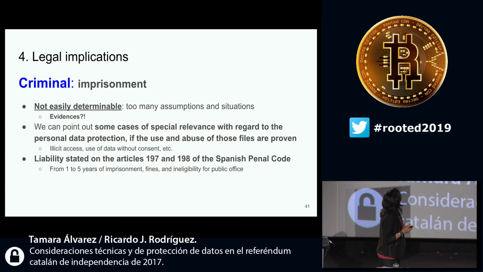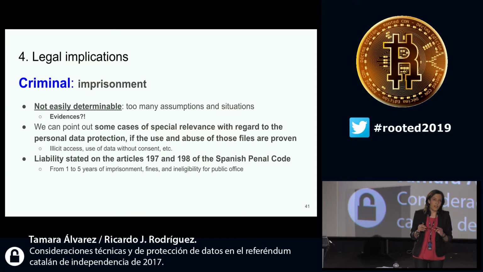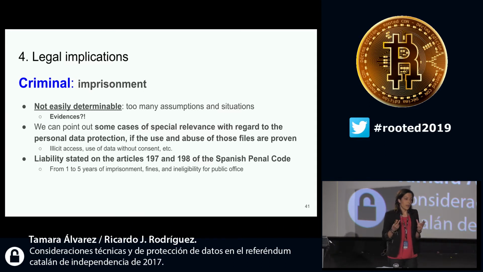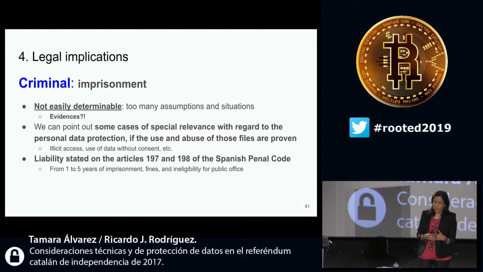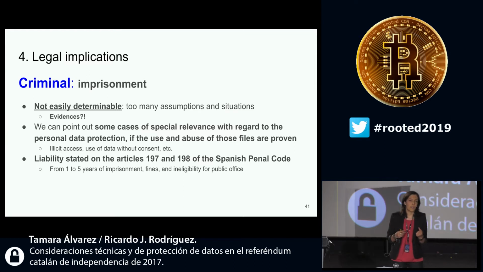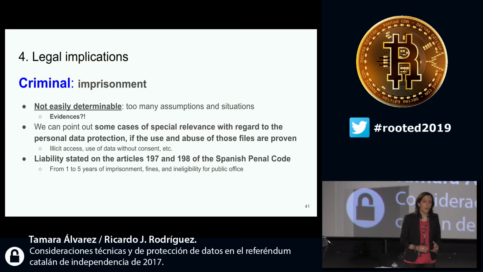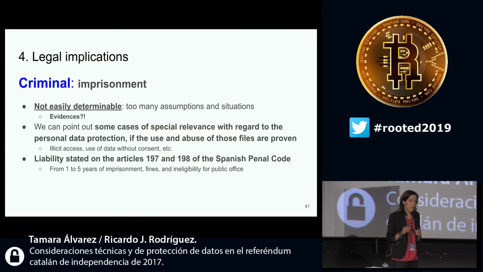I summarize this very quickly because we don't have time for more, but the legal implications, the criminal ones and the liabilities in this case are difficult to determine. Why? Because we have to take one person and analyze the responsibilities in an individual way, and with something very important, which is the evidence of the act that is being attributed to them. And if we go to the criminal sphere, there are many possibilities, direct and indirect, but